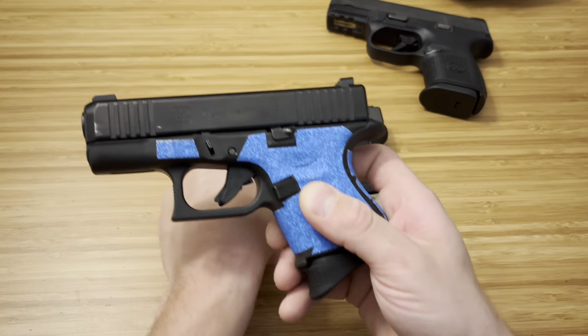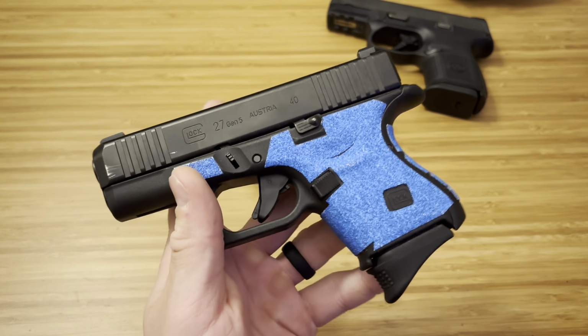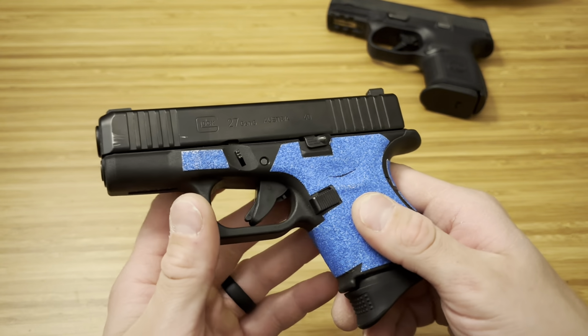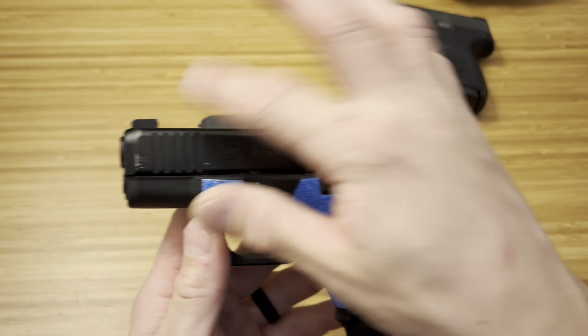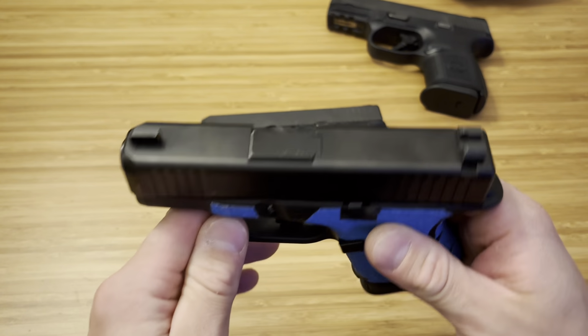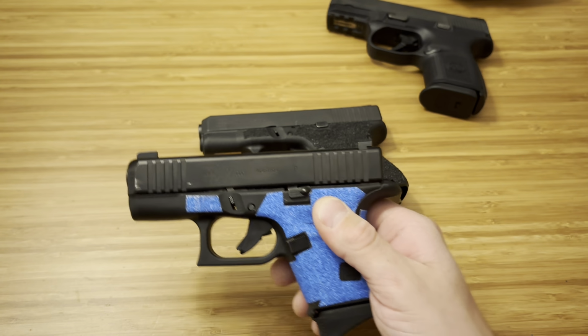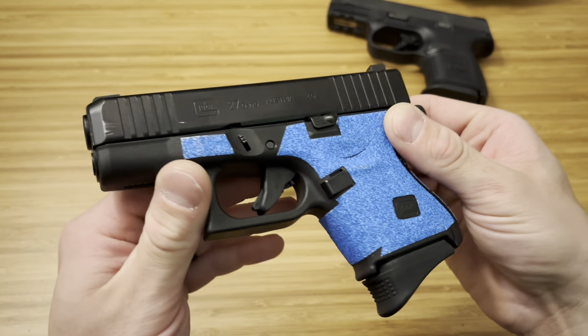Gen 5s, like I said, you can find the MOS versions across the lines. I'm not sure if they have a 27 yet, or for the 29 or the 30, but I'm sure that will be coming if it isn't a thing already. But you're going to find MOS all over the place. You're going to find more options for night sights. You do have to pay extra, but you will see more packages like that. You'll also see certain packages like porting, different paint colors and all sorts of stuff, Cerakotes, whatever, on the